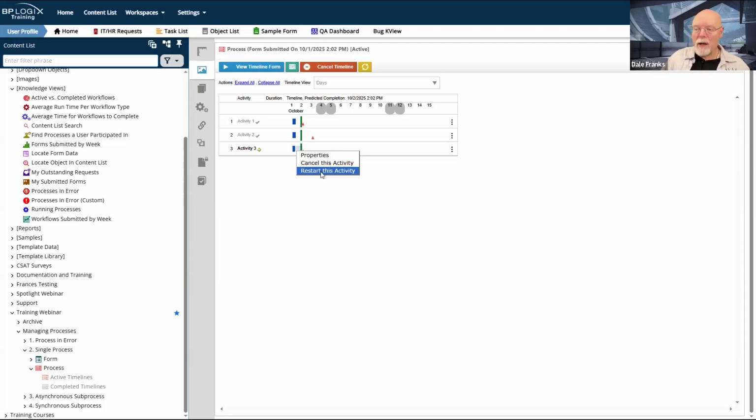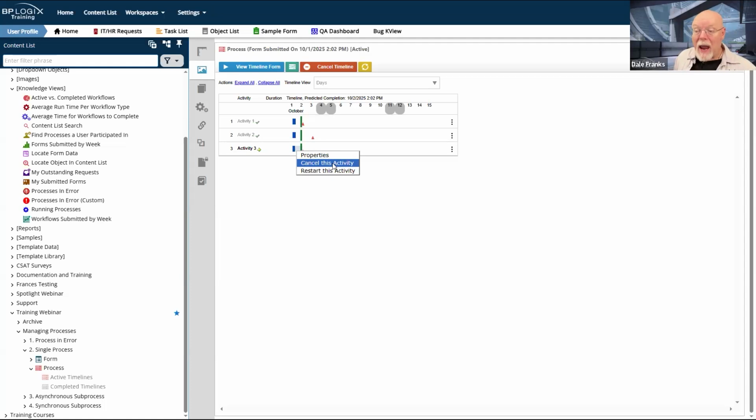Then I can go into the activity instance and just click restart this activity. So that is one scenario in which I might want to restart an activity without editing the activity properties itself. The other way is to edit the activity properties, which we'll look at in a second.